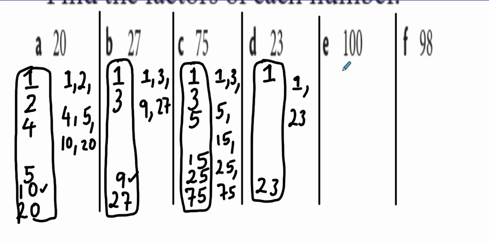Okay, let's go to factors of 100. Like we discussed earlier, the smallest possible factor of every single number is 1. To get the next factor, you do 100 divided by 1. Any number divided by 1 equals that number. Then you go to 2. Yes, 100 divided by 2, that is 50. And then you try 3. 3 is not possible. You try 4. Yes, 100 divided by 4,